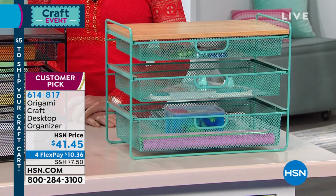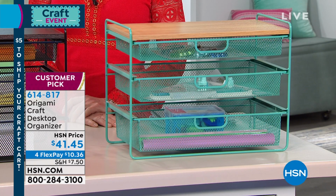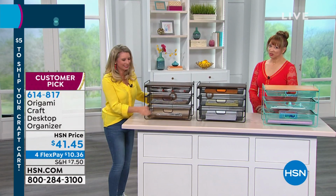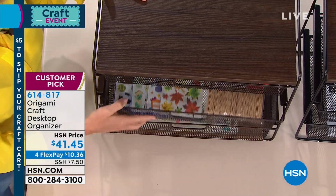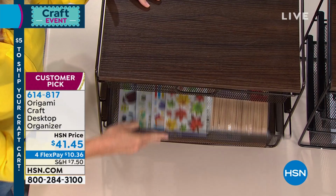You don't even have to put the drawers in this one, Shannon. It literally comes out of the box like this. It's so crazy. And it is a $10.36 Flex Pay, especially when you consider the alternative. How are you organizing those bills? How are you organizing those markers, those pens, those little stickers, job well done, the household chore calendars, all that